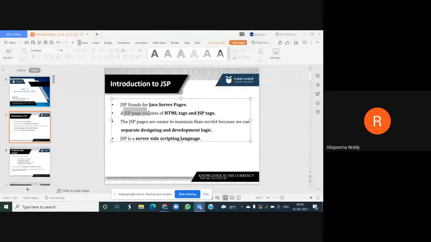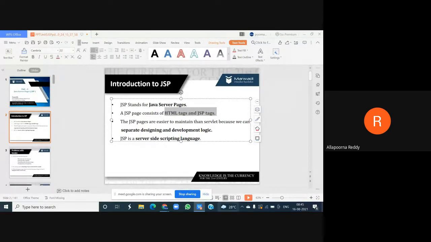Java Server Pages, right? This JSP consists of two types of tags, not a single type. Previously, your servlet contained only HTML tags, but now your JSP consists of two tags. What are the two tags? HTML tag and JSP tag.